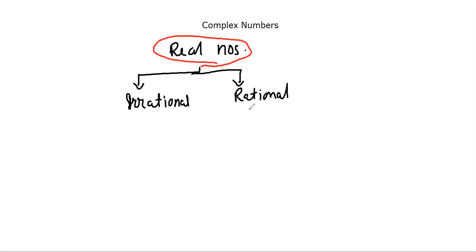So you might be thinking, is there anything else beyond this? You may not have heard of any numbers other than real numbers. The highest set of numbers that you have learned till 10th standard is real numbers only. So I will say yes, there exist some more numbers other than real numbers. You will ask, what is that number?